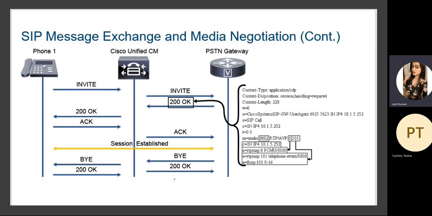Next, what I was talking about is the delayed offer, in which we can see that phone one has sent a call to a PSTN number. It sends an invite. Inside the invite, there is nothing right now. I mean, no capabilities are being exchanged. It's just a simple invite message. And then the destination receives this invite and sees that there is no information in the invite message to be matched. So it says, okay, I accept the invite, but as I'm sending this acknowledgement or success message, I am sharing my